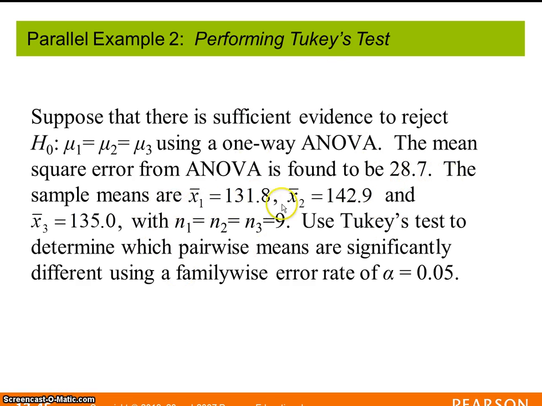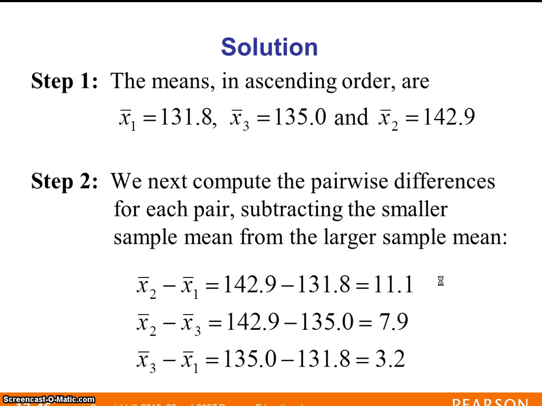The sample means are given by these three numbers, and we'll use Tukey's test to determine which pairwise means are significantly different, using alpha in this case to be 0.05. So the means in ascending order are given by the following, so then compute the pairwise differences. Again, these should all be positive numbers. And then plugging into the formula,